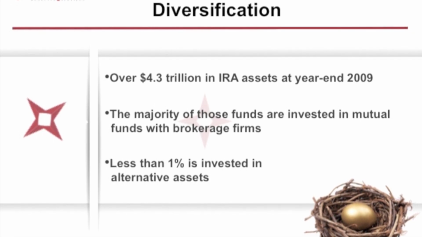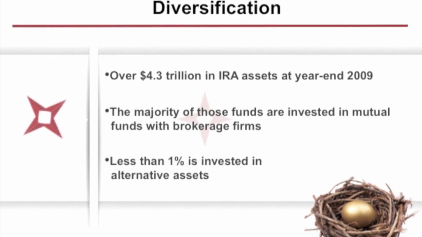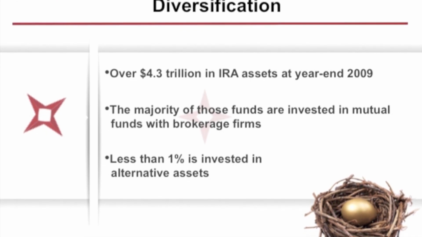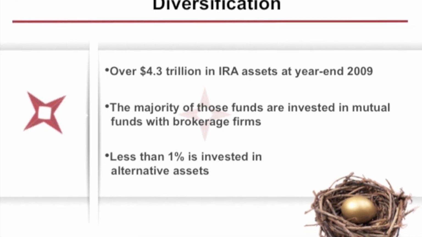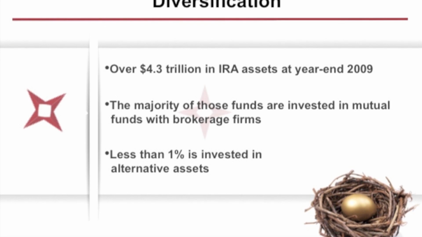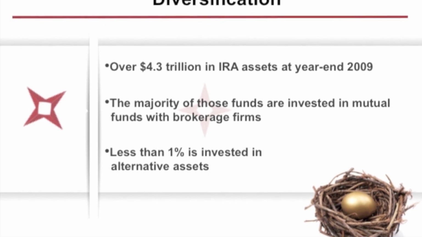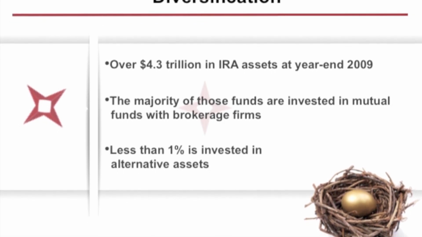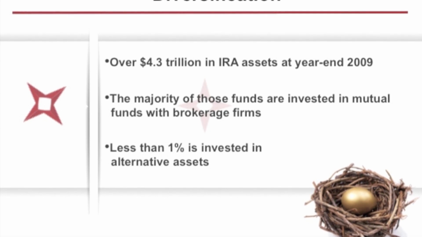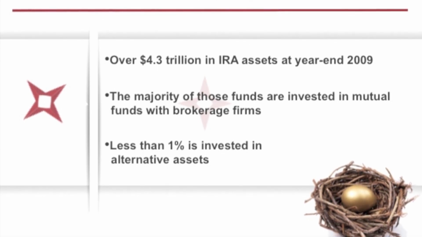True diversification basically falls in the category of any and everything that's available to you. With a truly self-directed IRA, the sky is the limit. The only limitations you have with a self-directed IRA in terms of asset classes, or should I say restricted investment classes, would be life insurance and collectibles.